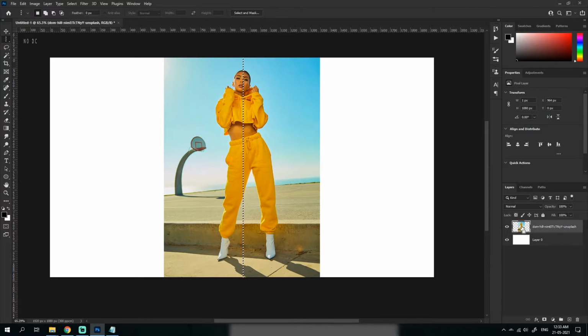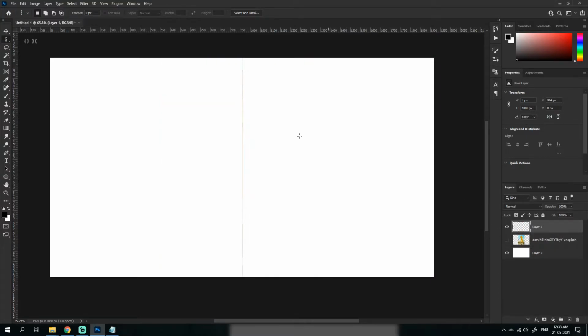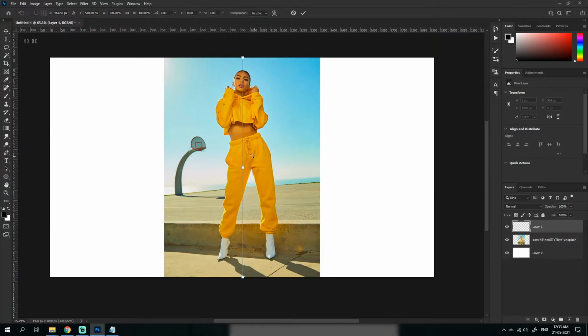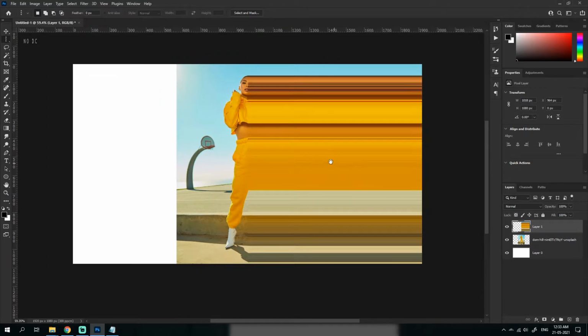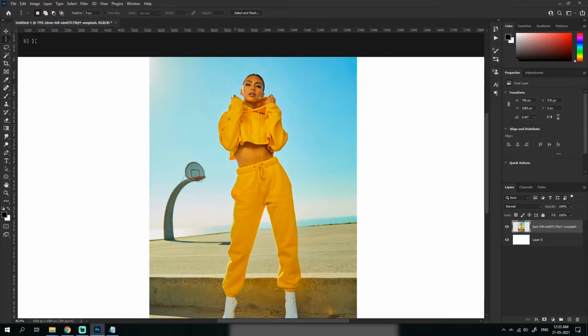With this selected, I press Ctrl J. That way it makes another layer with this single column. Is it a column? Yeah, it's a column. I'm a bit dumb. So with that selected, I can just press Ctrl T and make it go like this. And this is how many people create effects which look crazy.